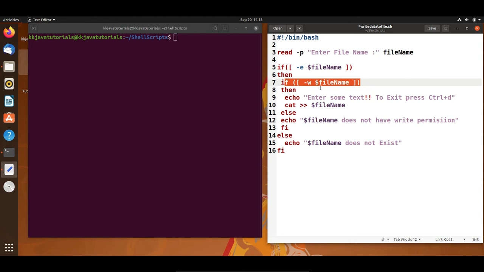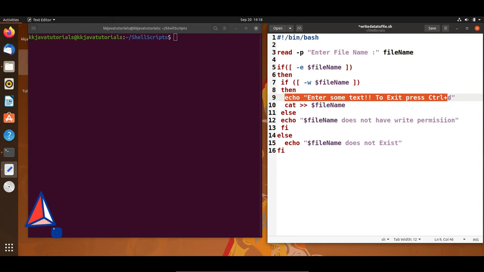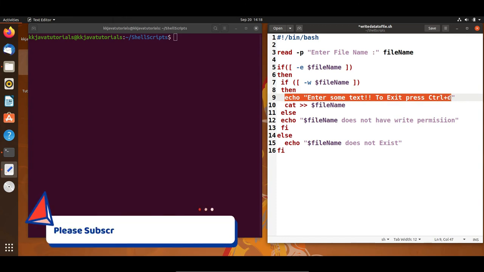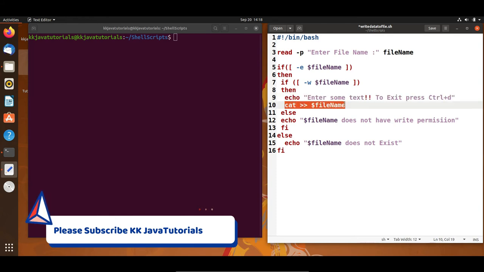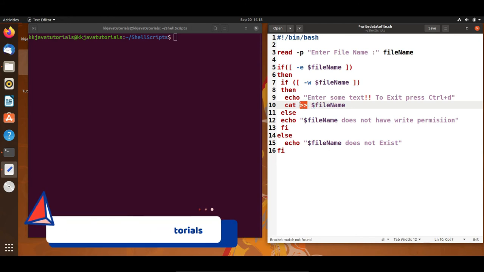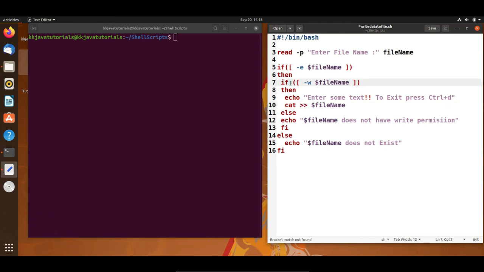If the user has write permission, then I ask the user to enter some text, and to exit from the cat command the user has to press Control D, and I'm writing into this file, right? This is a kind of input-output redirection. And if the user does not have write permission, then I'm echoing the message does not have write permission, right? And that's it. This is a very simple use case.